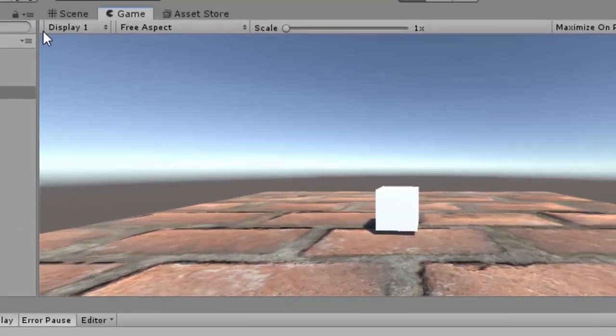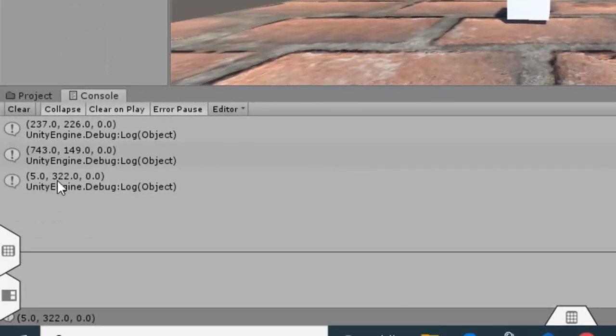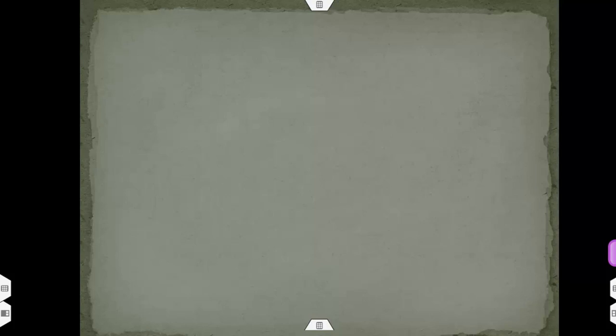If I click on this corner, you can see 5, 332 and 0. Since I am dealing with only this 2D environment, the z coordinate will always be 0. So that's it for this video, and I hope now you are all familiar with the various input methods used in Unity. If you have any doubt you can comment. Thank you.